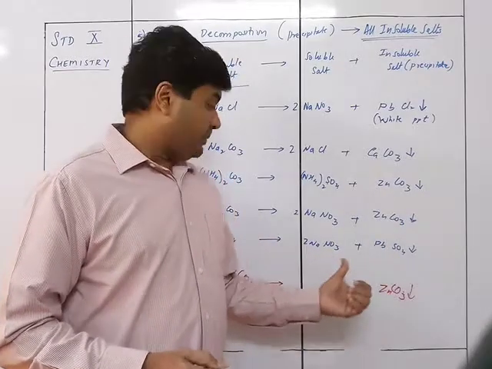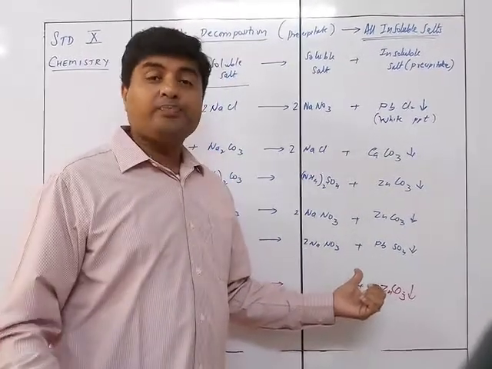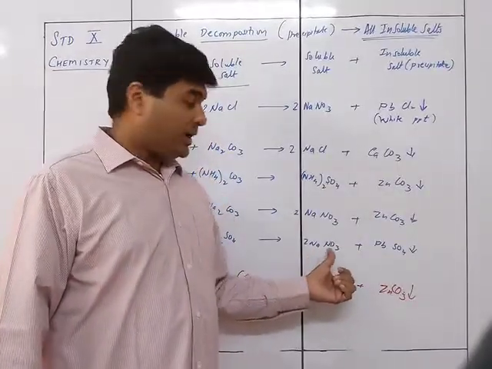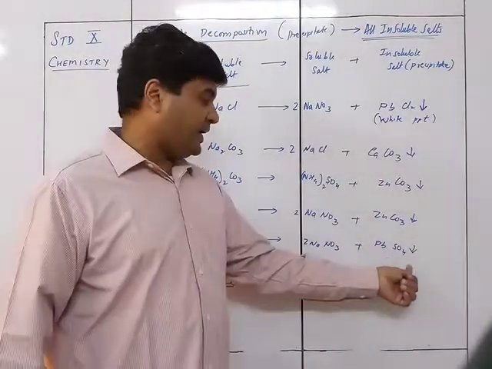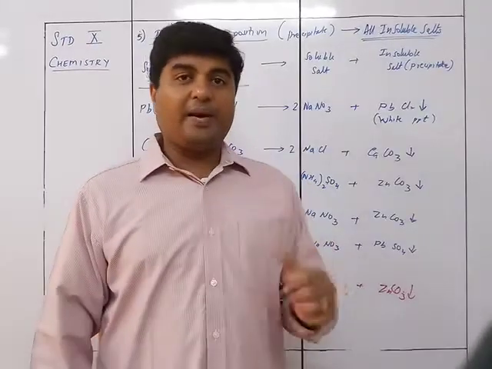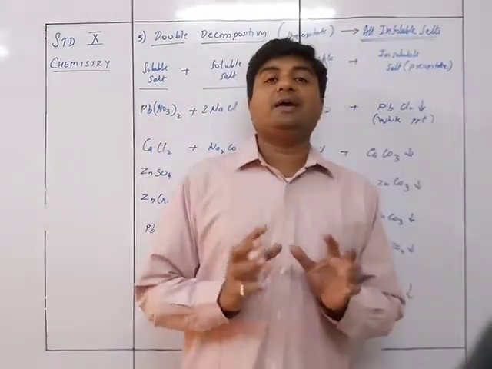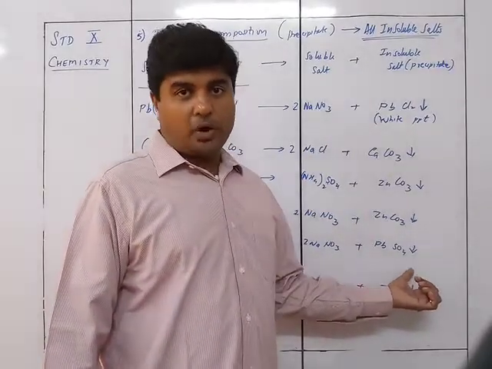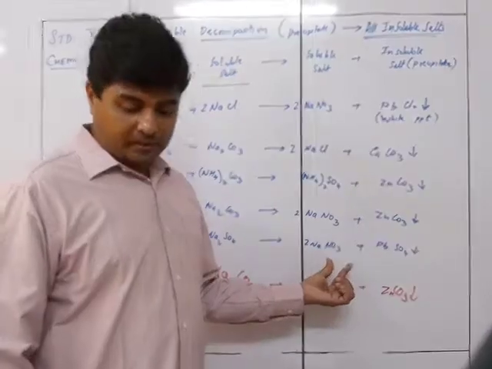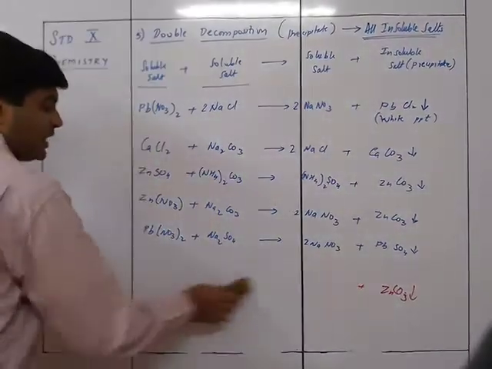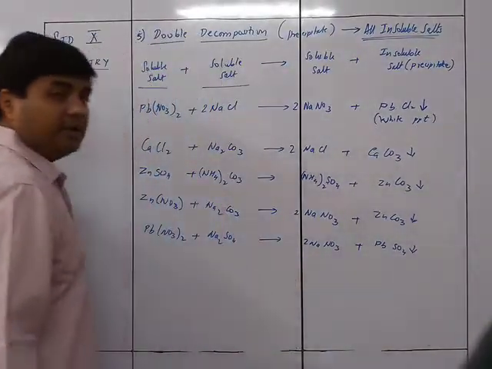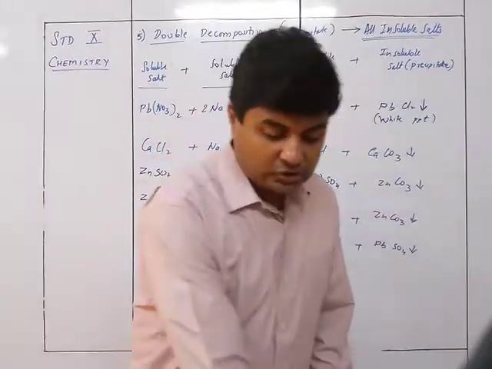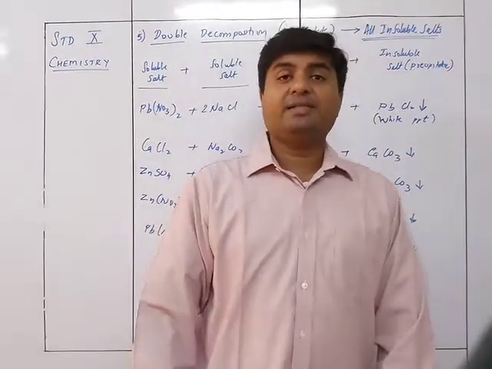So again, with comparison to the reactivity series, we know that Pb is weaker than Na, and accordingly Pb is weak and SO4 is weak compared to nitrate. Accordingly, we get a compound of weak metal and weak non-metal, and this is strong metal and strong non-metal. Got it? So this is how we are going to frame some other equations in case you are asked to make other salts in the same manner.